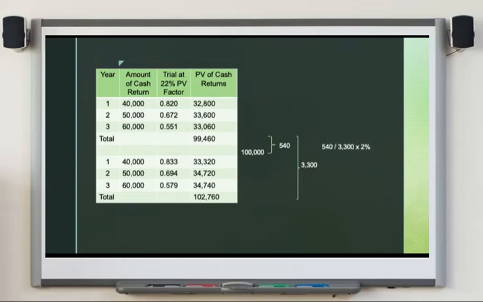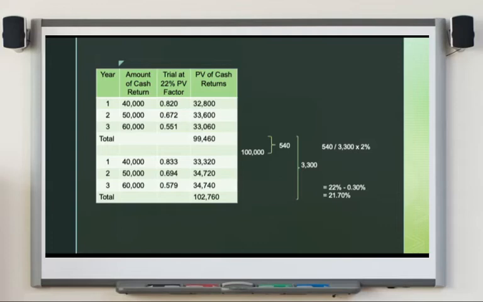Then you divide to get the ratio. Since the difference between 22% and 20% is 2%, you need to multiply it as well to the 2% difference. And then you can now deduct this ratio from the 2%